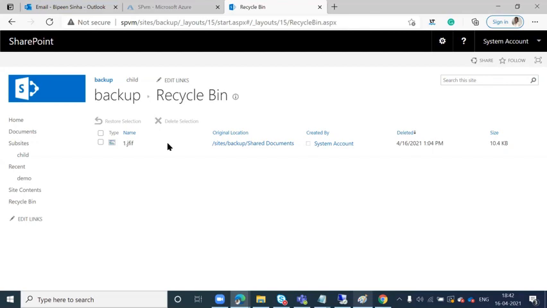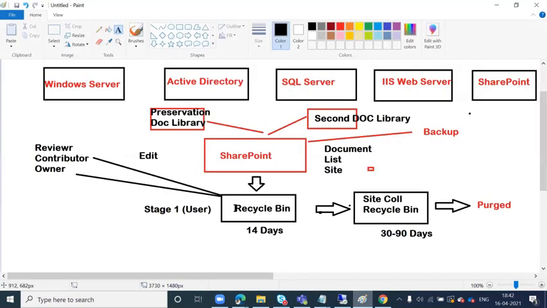So only the user who can recover the document? First, the recycle bin is only visible to the user with edit right. To recover the document from the recycle bin,